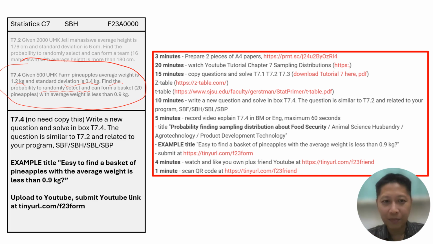Using the same steps under 7.2, you can solve it. After you solve this problem, you're going to take a video and then upload it to YouTube, and then submit your YouTube link at the given Google form here. This is the eCampus instruction. So just follow the eCampus instruction. And the final one is you're going to